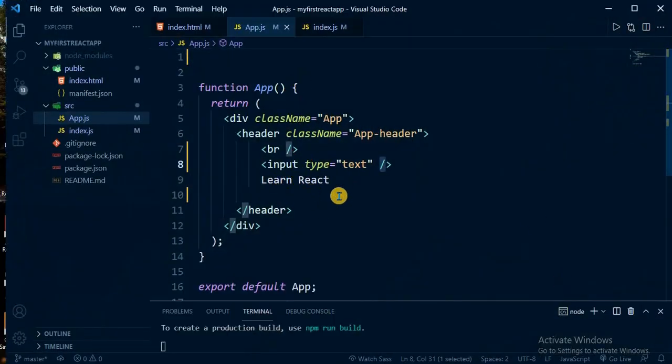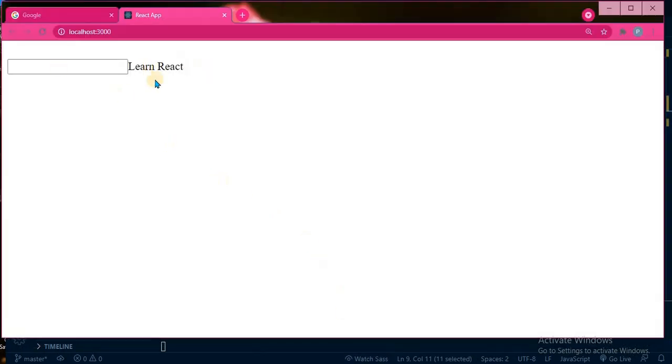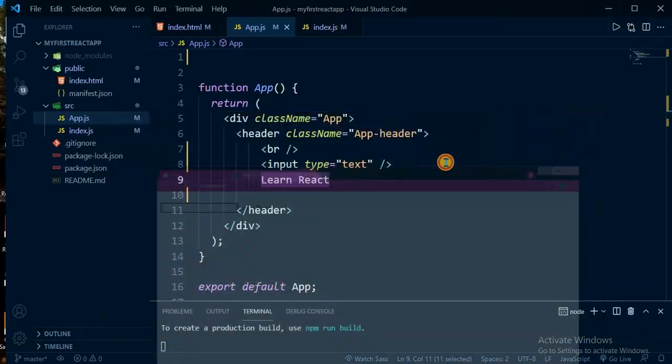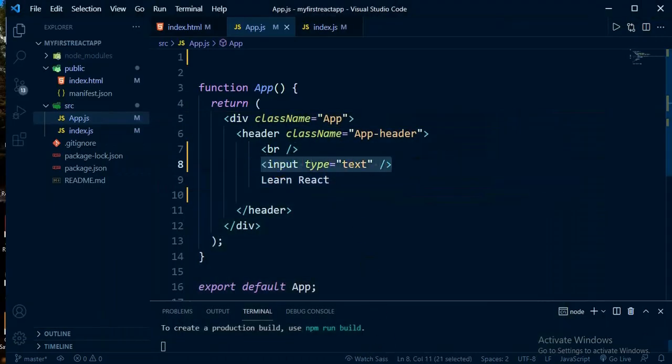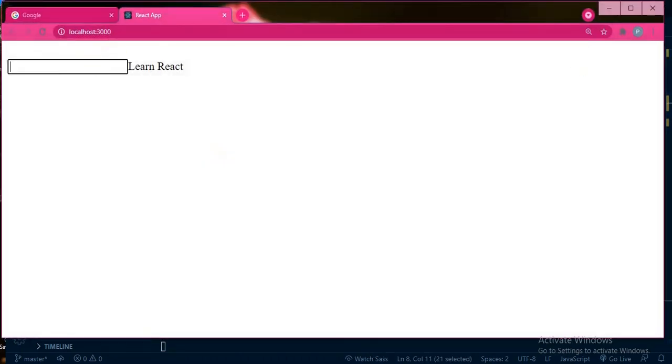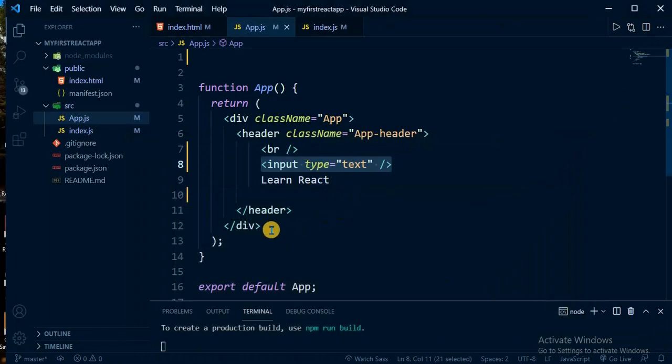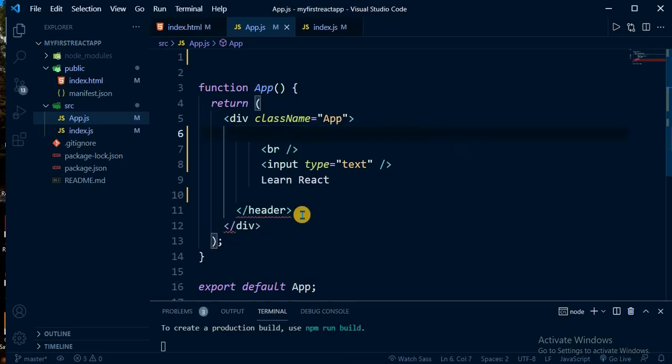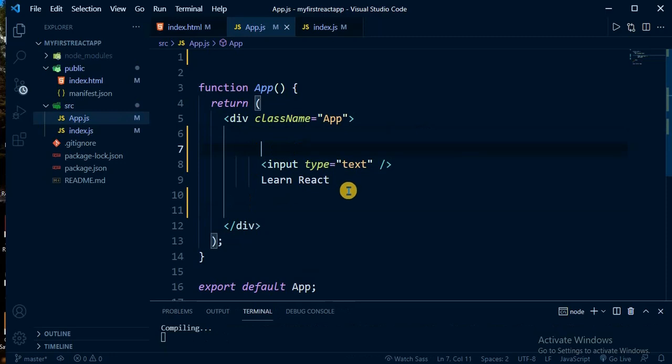Okay, so as you can see, Learn React has been reflected in our browser, right? Now see, we just gave some input here, we got the input, right? So one thing I wanted to say, let's remove all this header section, and let's remove this br also.